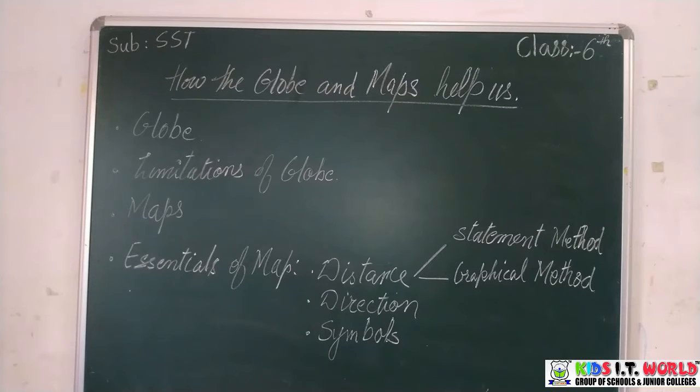On the basis of the scale, a map may be a large scale map or a small scale map. When a map shows larger areas such as continents or countries on a small scale, we call it a small scale map. On the other hand, when we show small areas such as a city, a town or a village on a larger scale, it is called a large scale map. Thus, the map of India or Asia is a small scale map, while the map of your town or village is a large scale map.